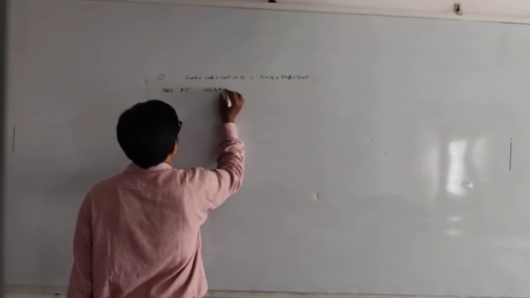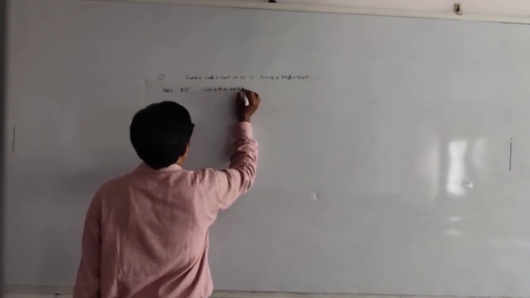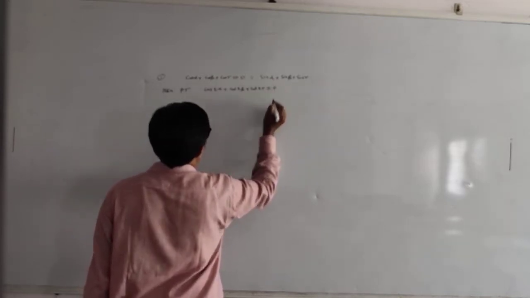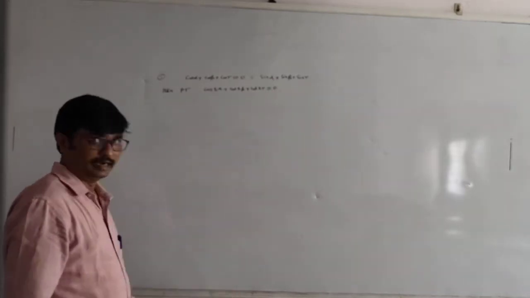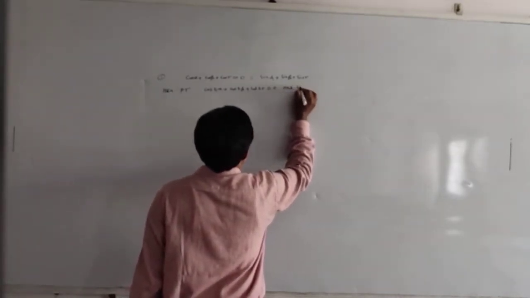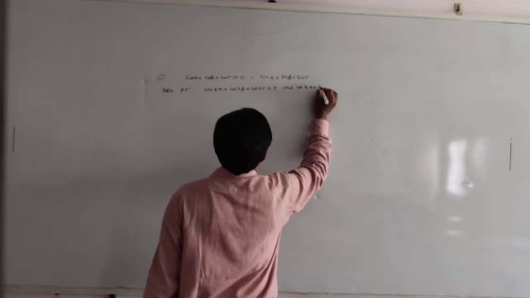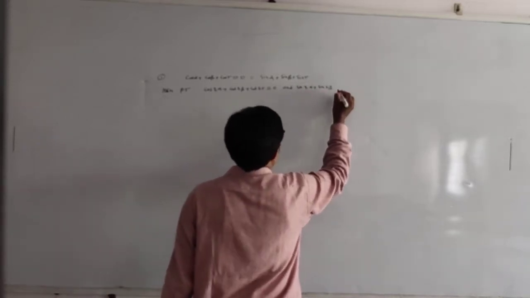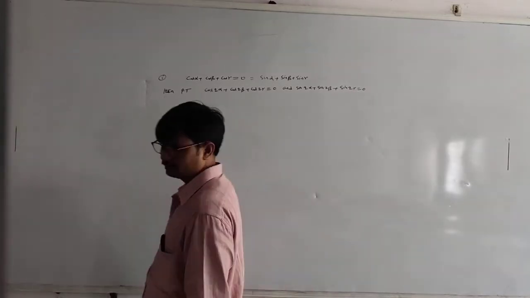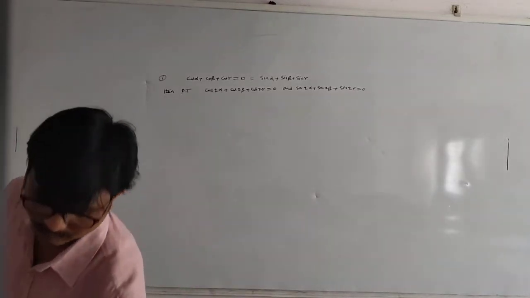cos 2 alpha plus cos 2 beta plus cos 2 gamma equals 0, and sin 2 alpha plus sin 2 beta plus sin 2 gamma equals 0. This is the first question. Now students,